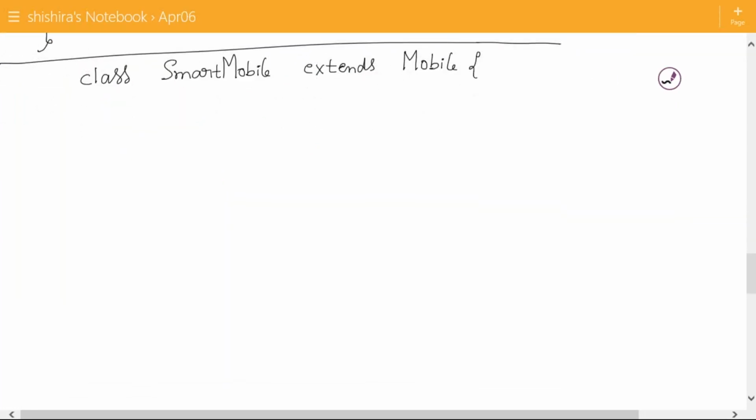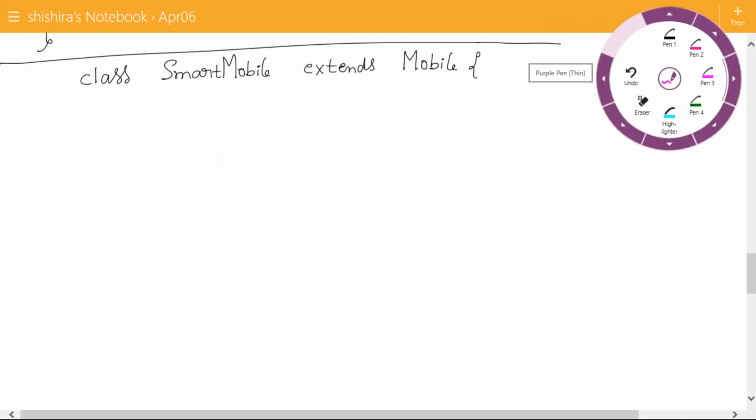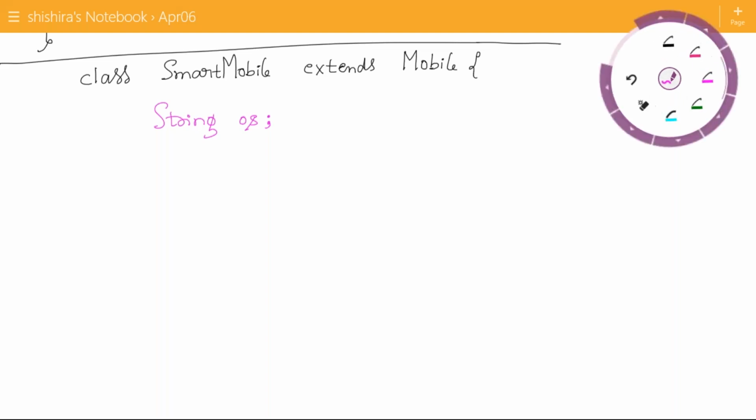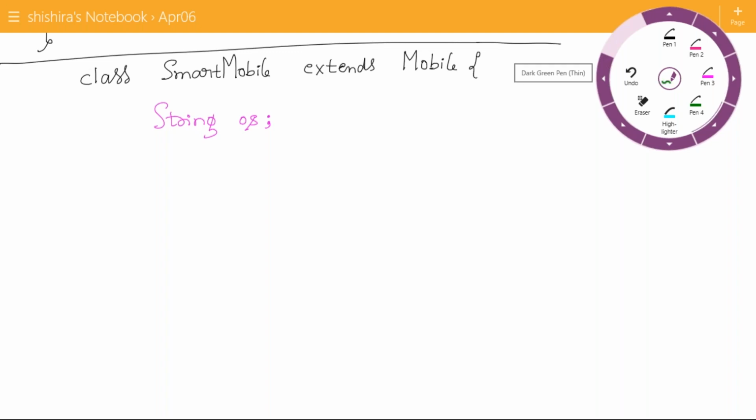Okay. Now, what do I do? I'm going to write one variable in this subclass, and that variable is going to be, let's say, string operating system. What is the operating system present in this smart mobile? Is it iOS, or Android, or Windows? Which operating system? Again, another variable. So what do I do now? The subclass,